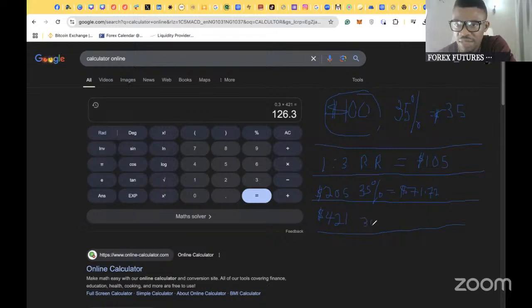If we risk 30%, which is $126, if we lose, we will be down to $294, which is higher than our second stage,